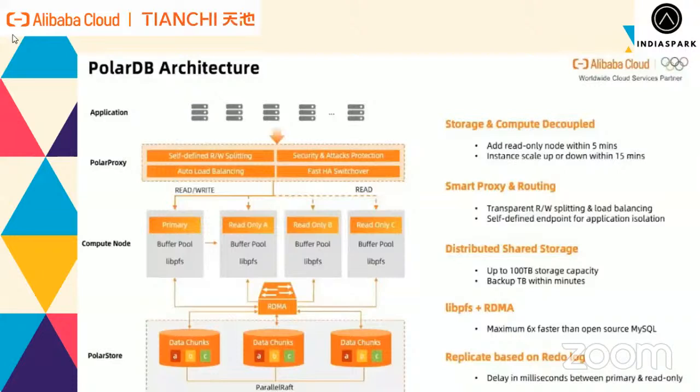So what is the use of these nodes? Why are there multiple nodes in this PolarDB? If you remember, sometimes it just happens that your WhatsApp server went down, or social media went down, and it doesn't work. Why? Because sometimes the nodes don't work.